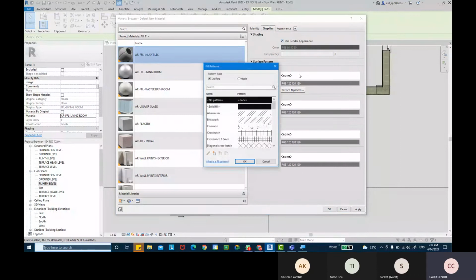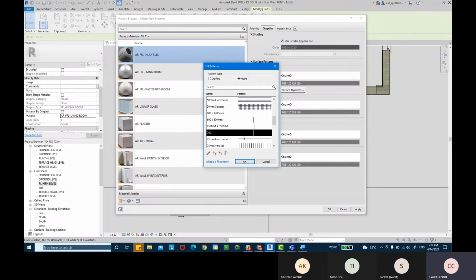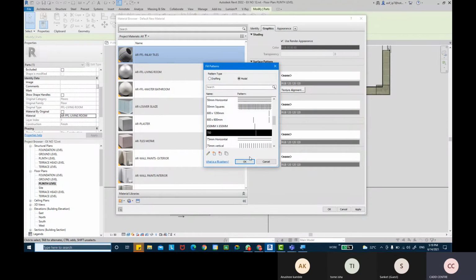Can give a surface pattern size, maybe I'll take a size of 700 by 700 only. Take the 600, duplicate this, and it says 700. So you can match it properly.